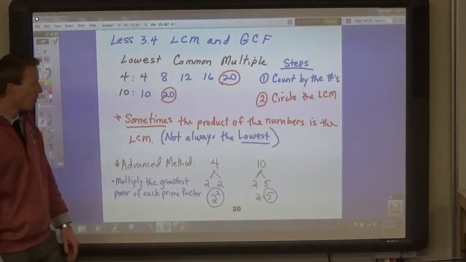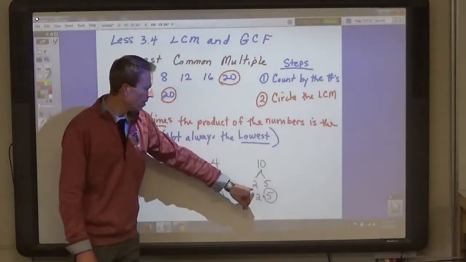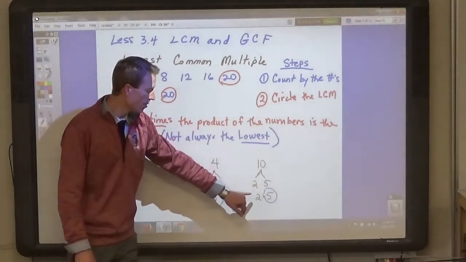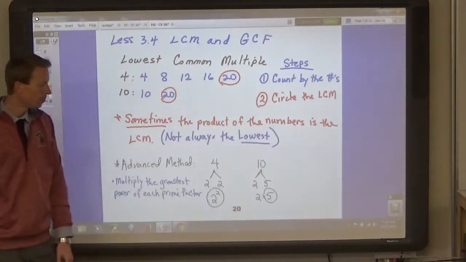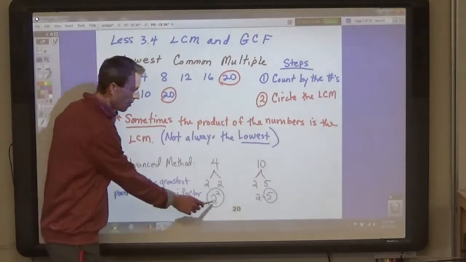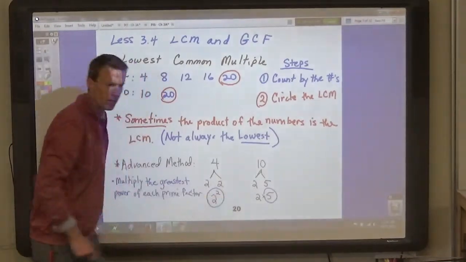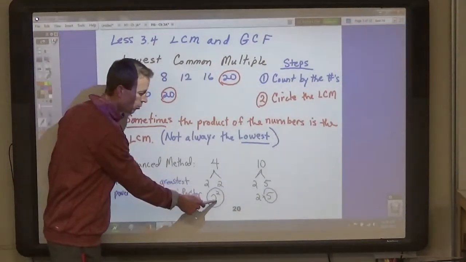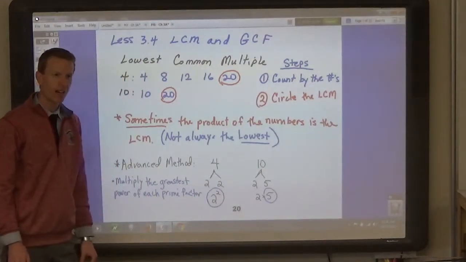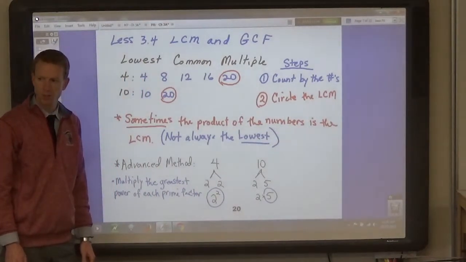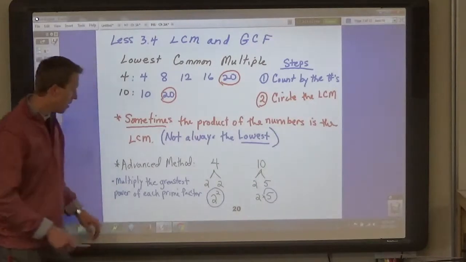And the prime factors in 10 are 2 and 5. Now, notice that there are 2's in both. This one is 2 squared, this one is 2, and to find the lowest common multiple, you can use the